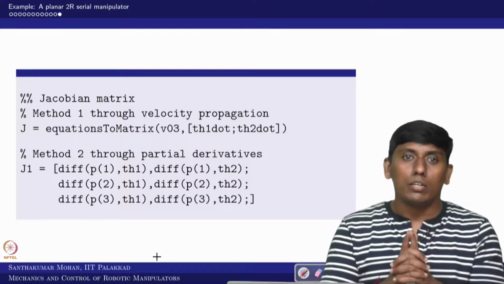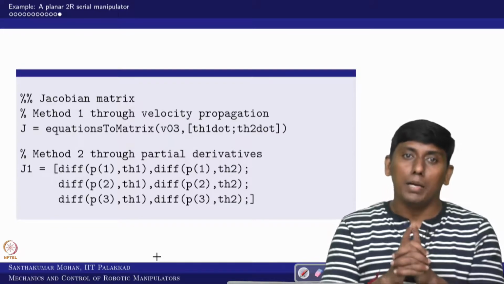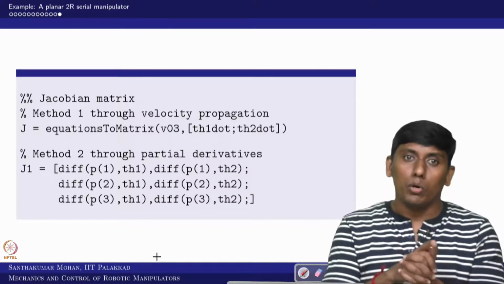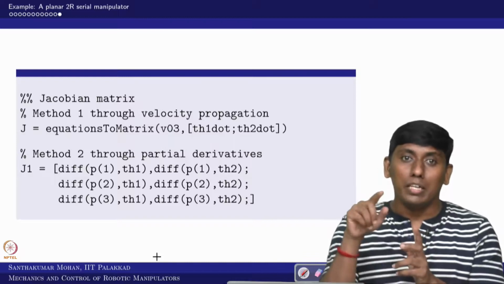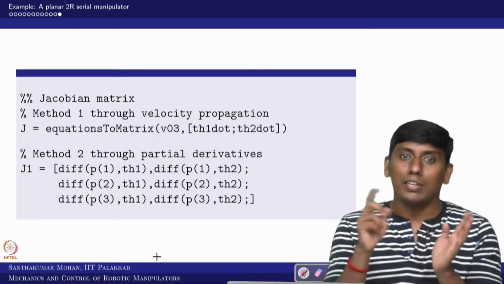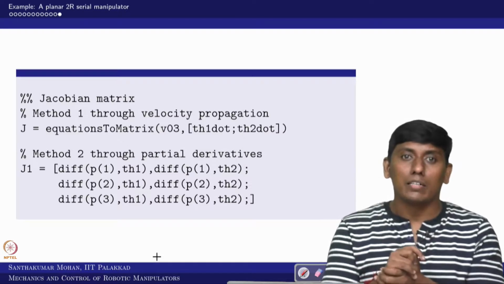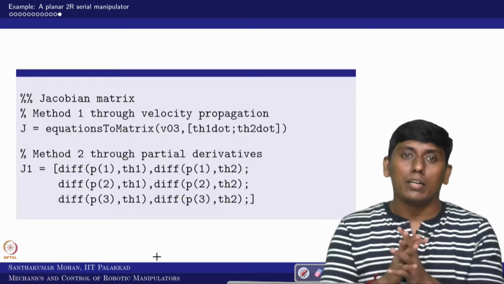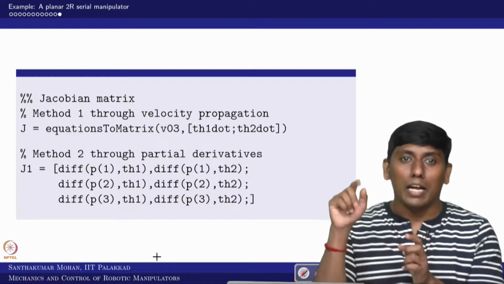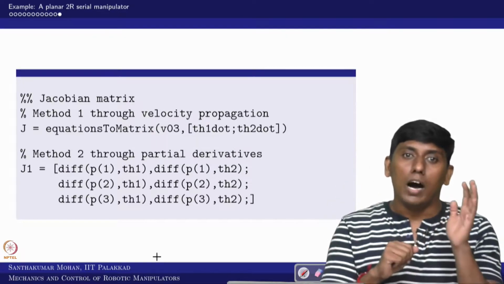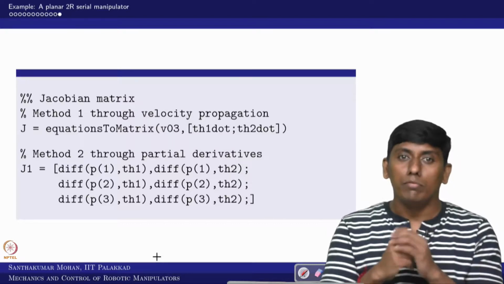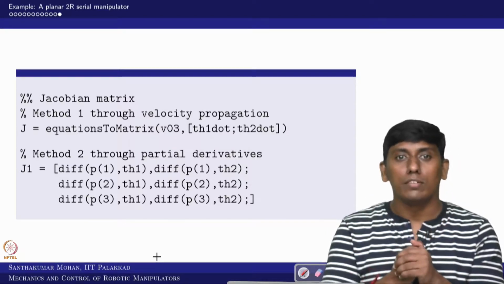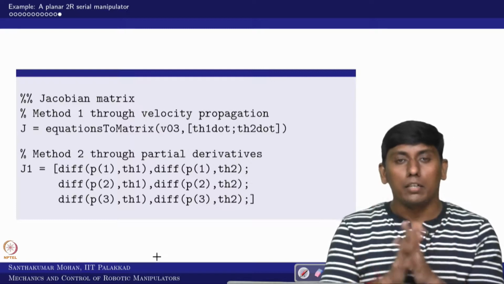Please make sure that when you are calculating omega i plus 1 with respect to the i plus 1 frame, the rotation matrix is the inverse or transpose of the normal matrix. In the sense, when you calculate omega 1, the rotation matrix is R 0 1 transpose, or you would have to write R 1 0, which we don't have, so we are taking a transpose of R 0 1. So that makes it clear.